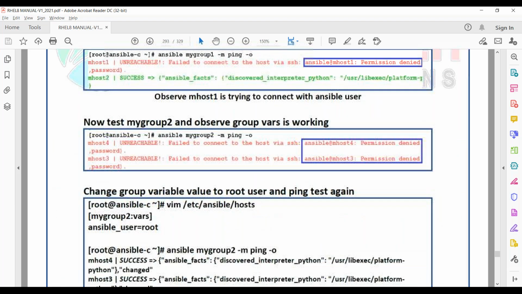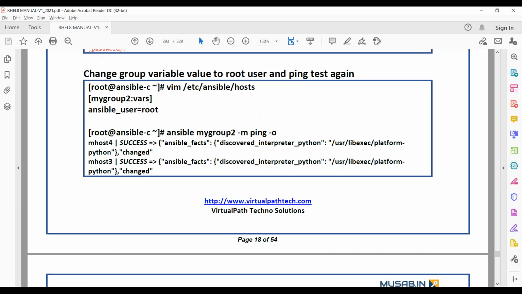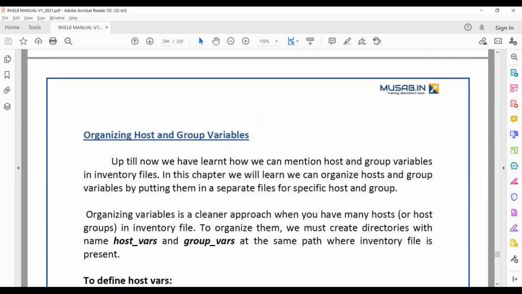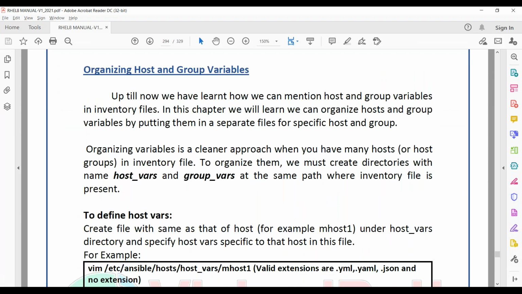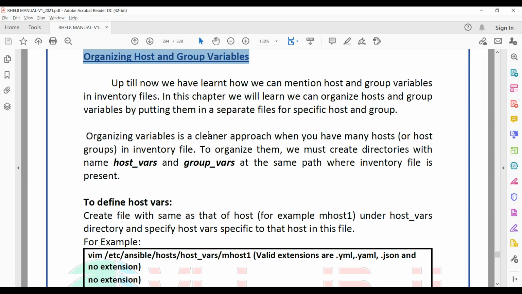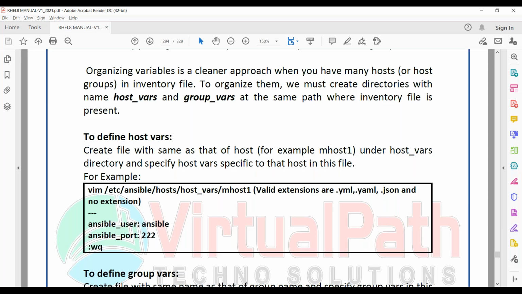Examples are mentioned in the manual. You can anyway go and do this practices. Now, one more thing you can do, you can organize all host and group variables at one place. So suppose for a specific group, you wanted to create a specific